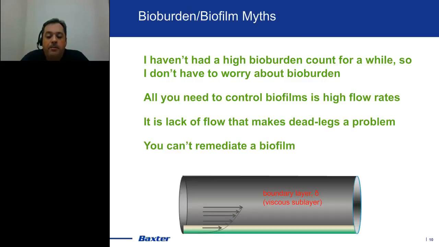And like most piping, what you see is the highest flow rates in the middle of the pipe, and as you approach the walls, those flow rates reduce significantly, such that, depending on the flow rate, within tens to hundreds of microns from the surface, you actually get into what's considered a viscous sublayer or boundary layer, where the flow drops to near zero and there's virtually no shear on that surface. And you can imagine with microorganisms being 1 to 2 microns in size typically, that a 10 to potentially 100 micron area where they can grow without stress is certainly plenty of room for a biofilm to develop.